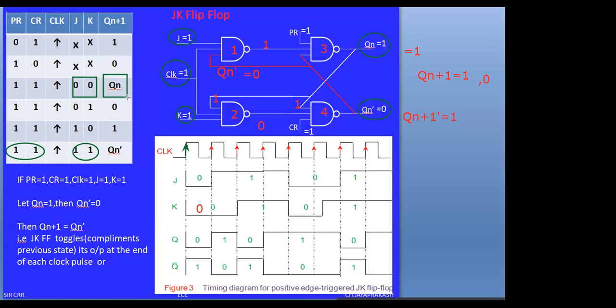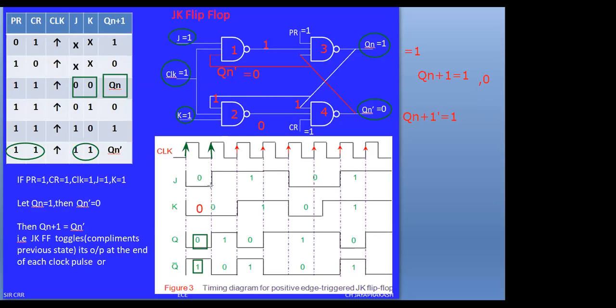Q of n will be the same. That is, if you observe Q of n as the previous state is 0, this 0 will be continued and Q bar will be equal to 1. This is the first condition. Now, during the second clock pulse, again I am highlighting at this point, during the second clock pulse,